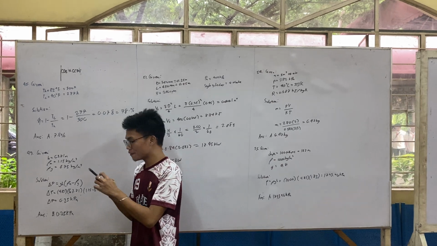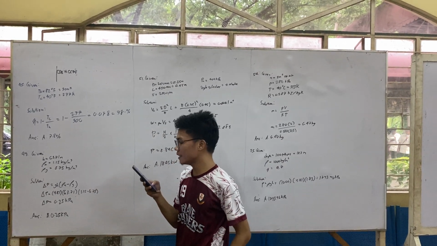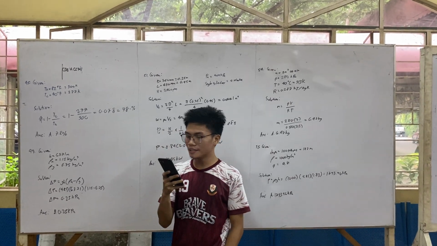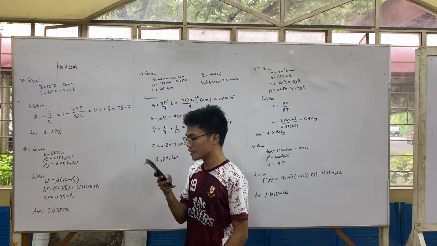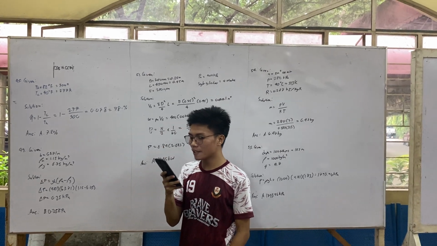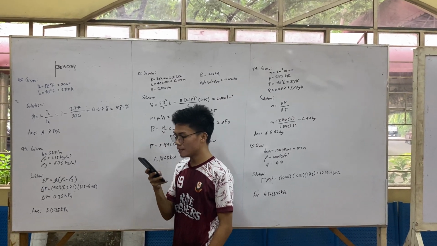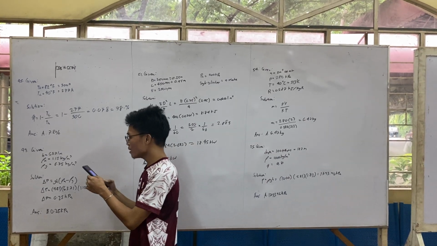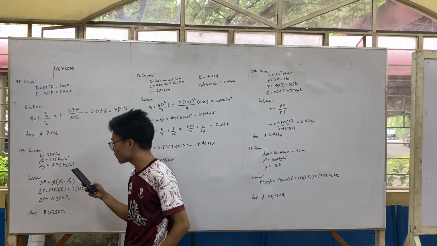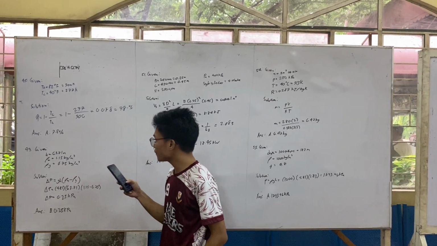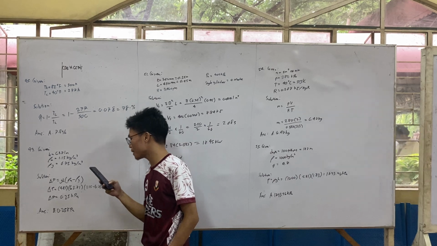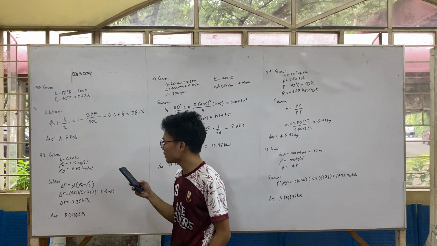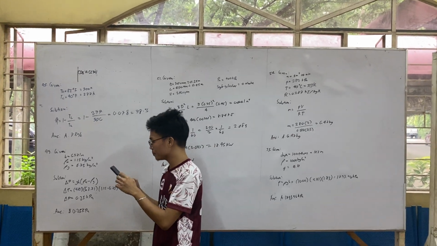So problem number 49. The gas density of the chimney is 0.75 kilograms per cubic meter and the air density is 1.15 kilograms per cubic meter. Find the driving pressure if the height of the chimney is 63.71. The givens are the height of 63.71 meters, density of air 1.15 kilograms per cubic meter, and density of gas 0.75 kilograms per cubic meter.